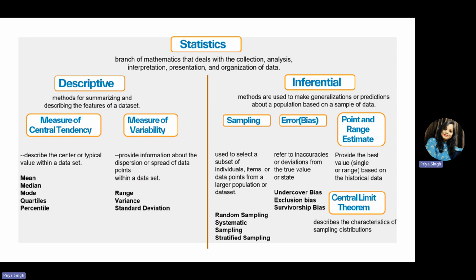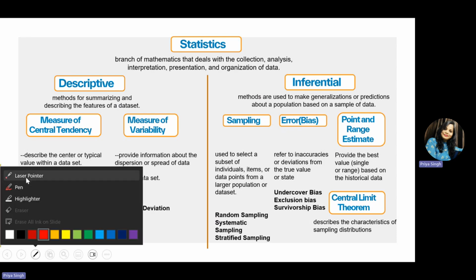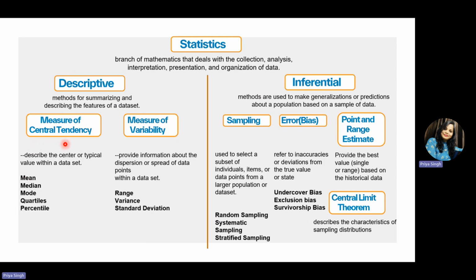Okay, so now let's talk about the types we have under descriptive statistics. So in descriptive statistics, as you see on the screen, we have measure of central tendency and we have measure of variability. Let's start with the measure of central tendency. So these are the values that describe the center or typical value within a